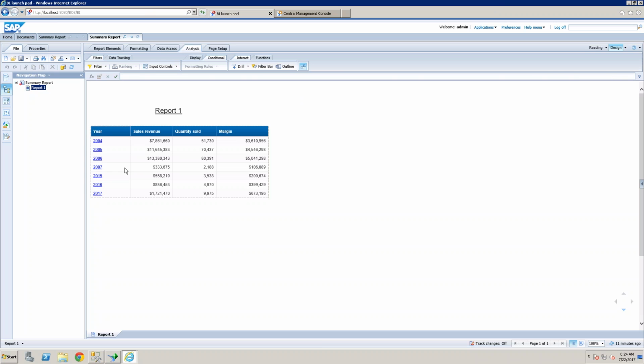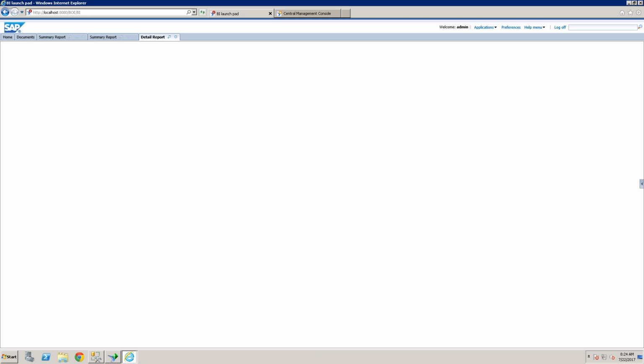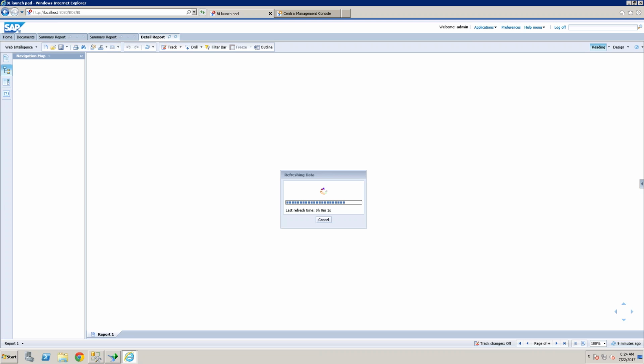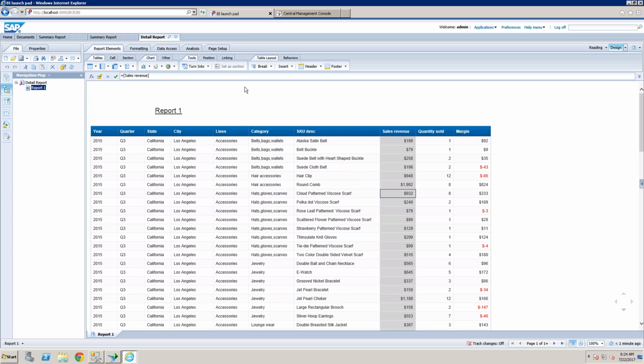Now come back here and save this, and when you click on 2015, it will open the 2015 data. It will show you the 2015 detailed data in a separate detailed report, not all the data. Now I summarize the data, click on sum.